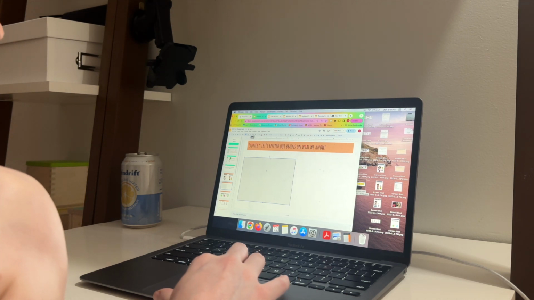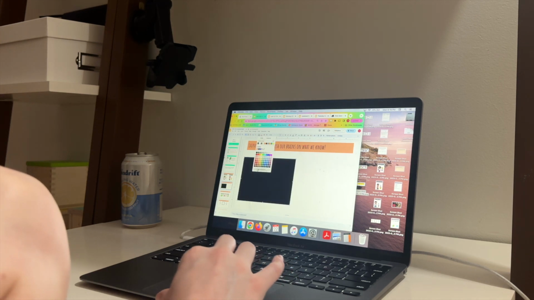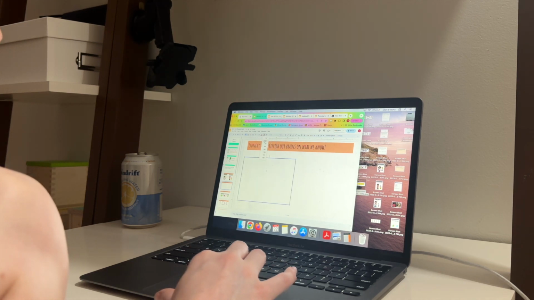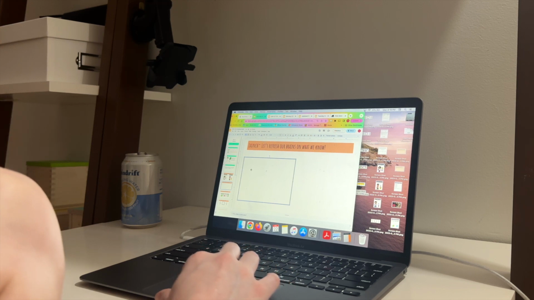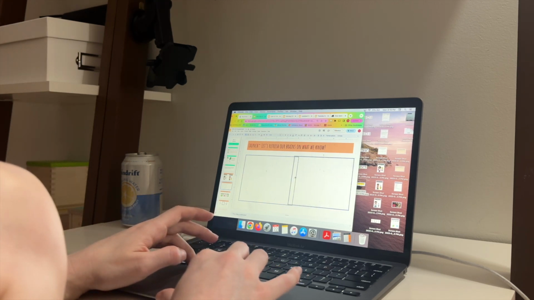But it is hard for kids to split circles evenly. And the point of a fraction is that each of the pieces need to be equal sized. So I find it's a lot better to use a square or a rectangle when you're asking kids to split them up. So I'm going to just put a shape here, and then to the side, I'm going to write